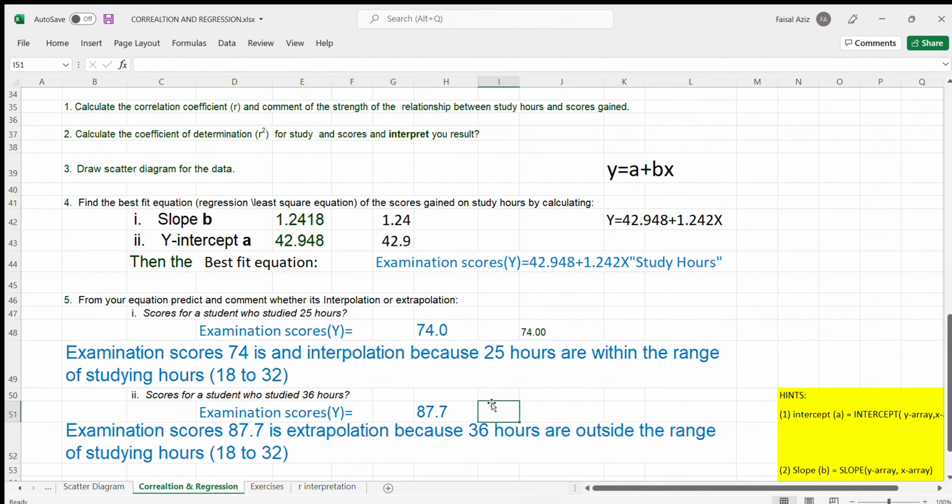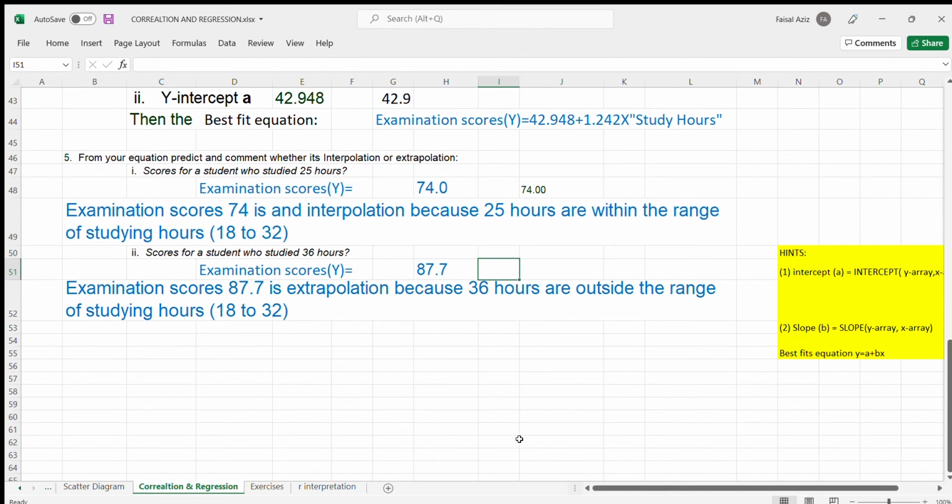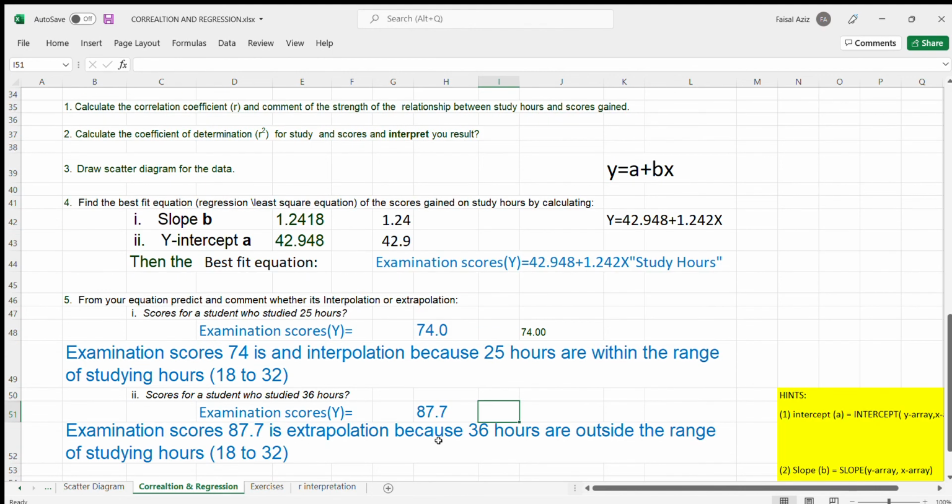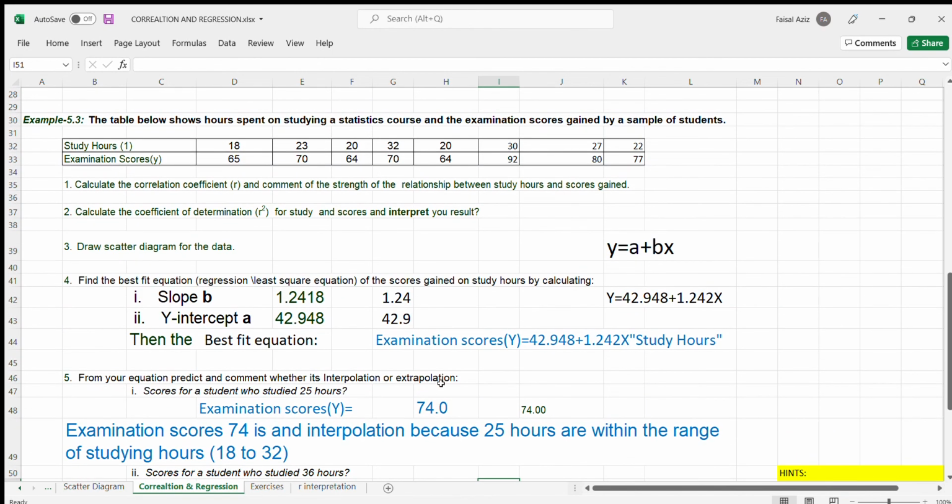So this is how we can use the least square line or the regression line to calculate for any unknown value of x. We can put any value of x in the model, and this will provide us the dependent variable or the value of y. So I hope you have understood the use of coefficient of determination, coefficient of correlation, and the use of regression.